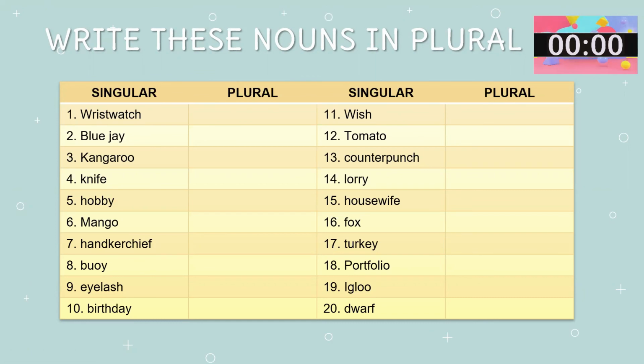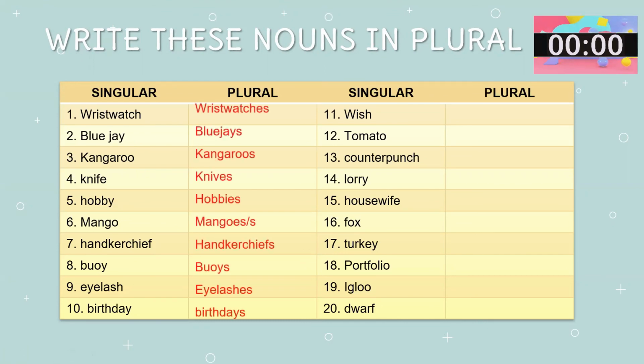Okay, so were you able to write all the correct answers for this activity? So if yes, let us now proceed to answering this activity. Okay, so for the word wristwatch, the correct answer is wristwatches, blue jay to blue jays, kangaroo to kangaroos, knife